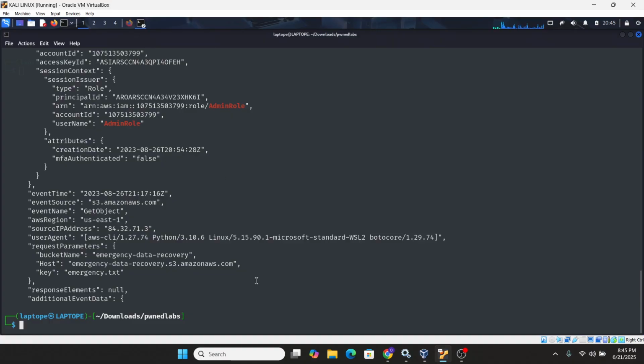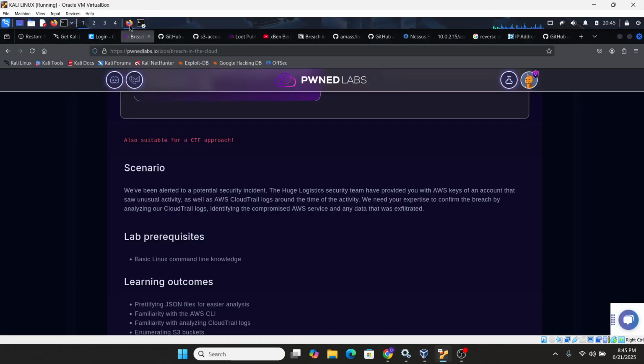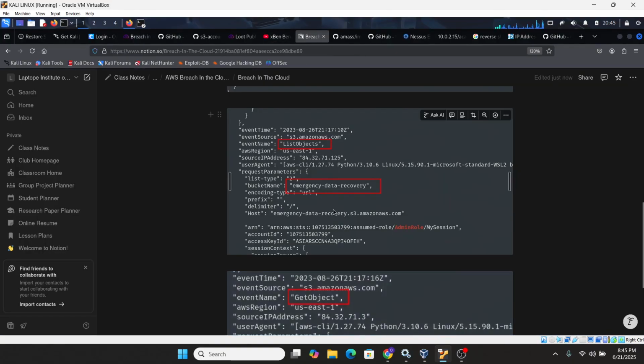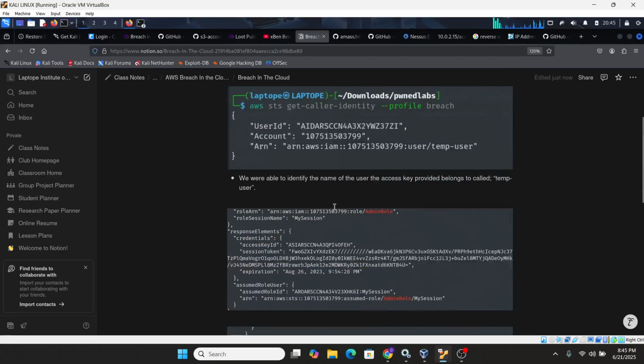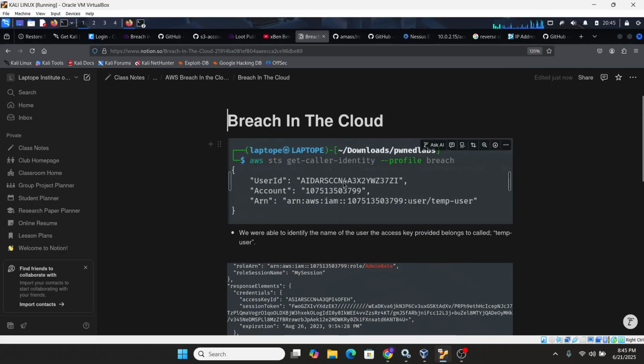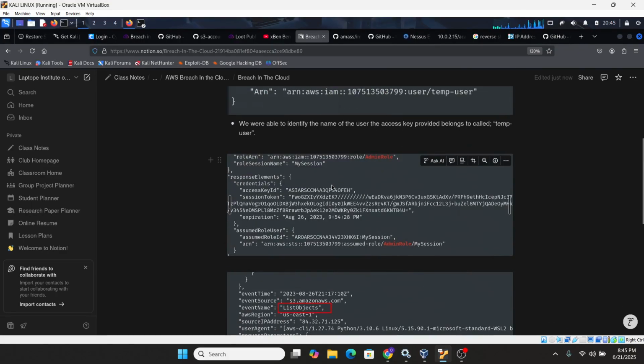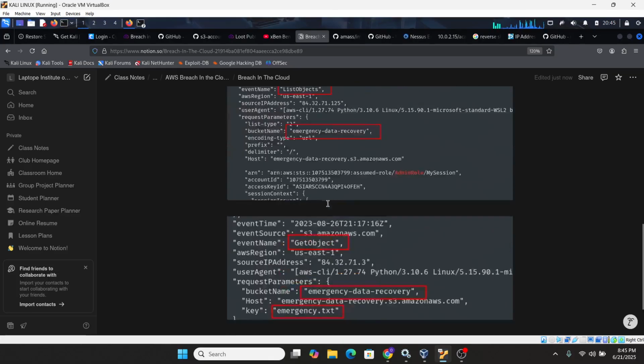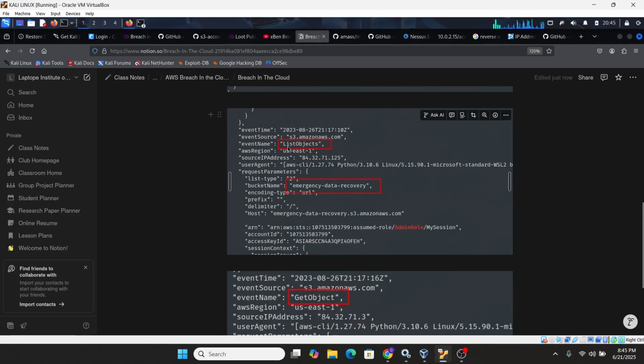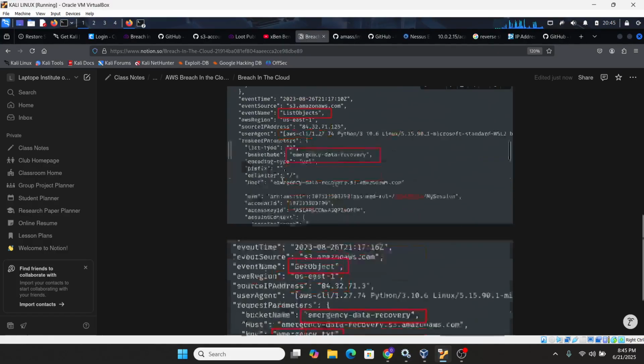That's why we're taking screenshots, because if you are performing this analysis, you want to report. So that's why we were highlighting each and every one. We first got the caller identity. We know that it's the temp user. Then we saw how the user assumed a role here. Then the user performed an action called list object on the bucket emergency data recovery.